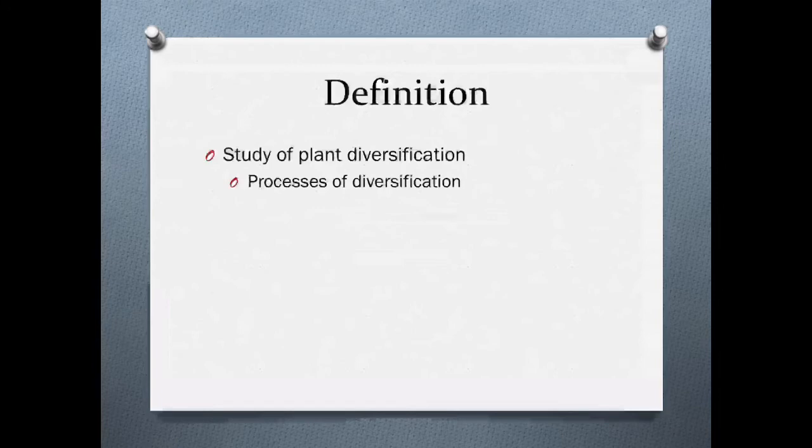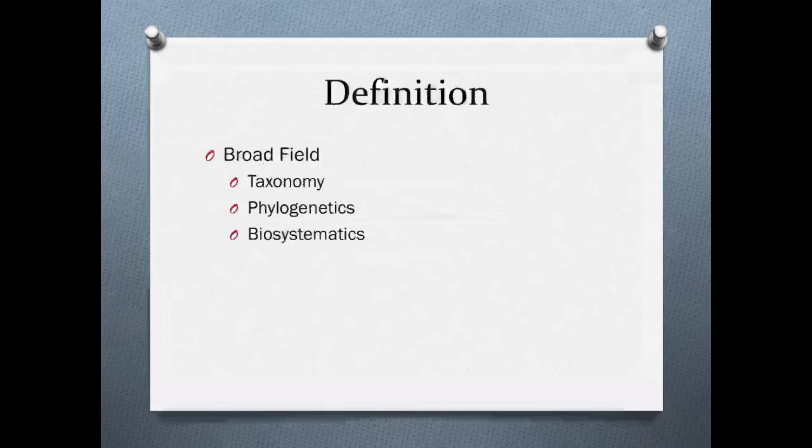All right, systematics is actually a very large science, and it's a science that looks at all of the differences in plants, animals too, but for our purposes, plants. The study of plant diversification. In other words, how and when and where did plants, the species of plants, become the species of plants that they are? How did these little changes over time give us the species that we have today, and when did those changes happen? It is a very broad field that involves the field of taxonomy, which we've already discussed,